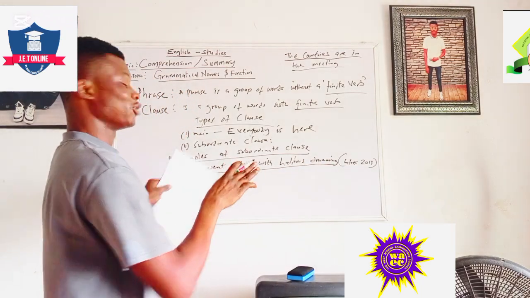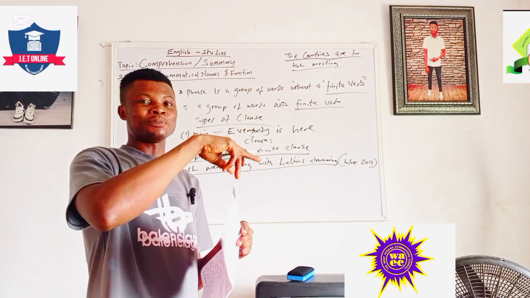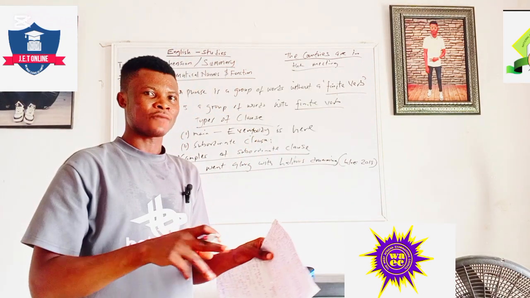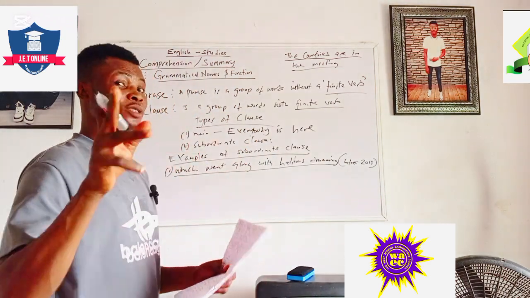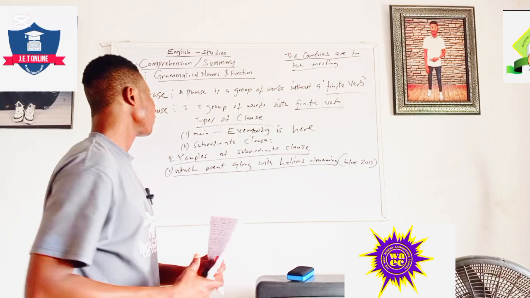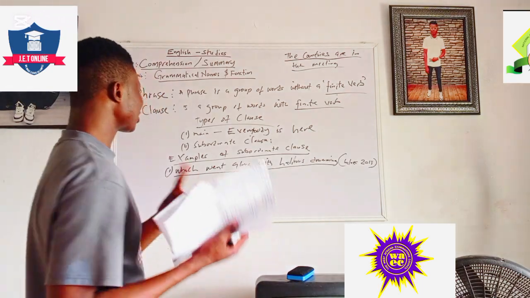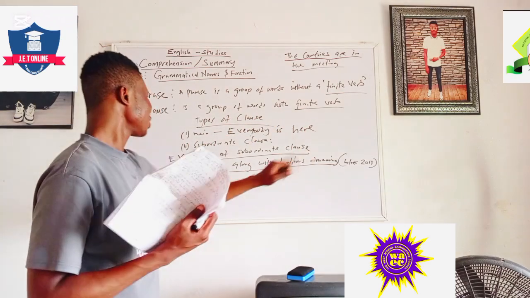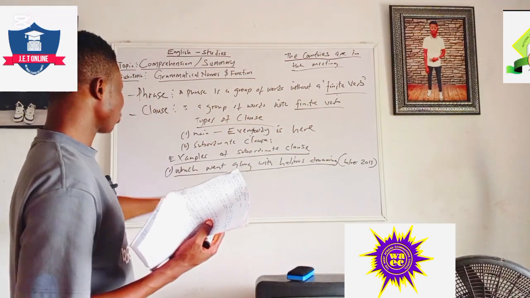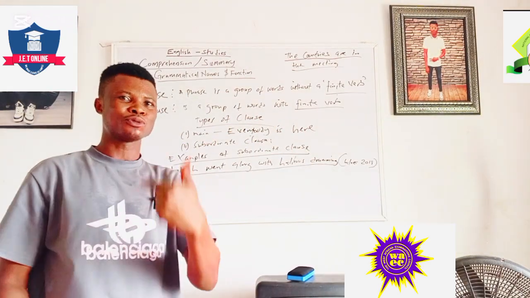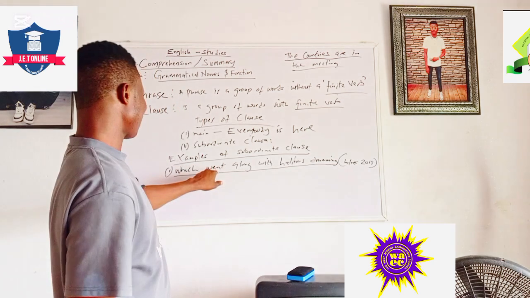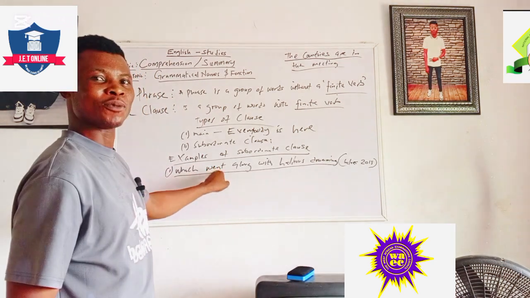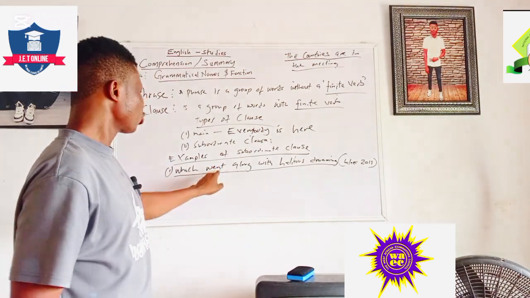Although this is not the whole sentence. You know, I told us that you need to go back to the passage to discover the whole sentence for you to be able to name, that is important for your function, so that you can know the function it is performing. And if you look at it, like I told us earlier, a clause is a group of words with a finite verb. Now, the expression here, let's look at it. What is the finite verb for you to be able to say this is a clause? Went is the finite verb. That is, this is the past form of go. Don't forget, went.